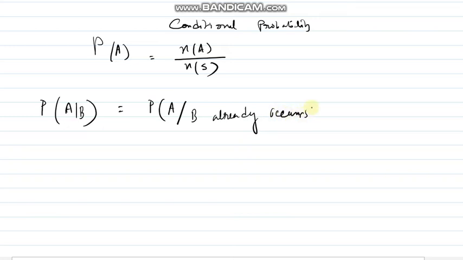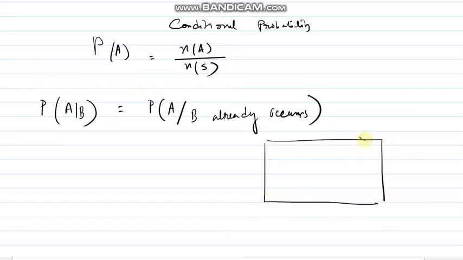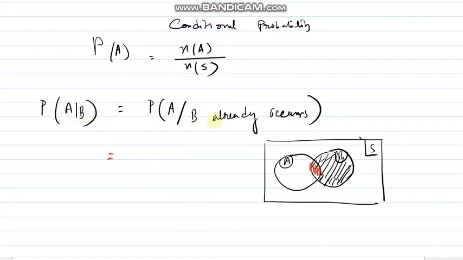So for this, if I draw the Venn diagram, just check. This is my total sample set. Now this is my A set, this is my B set. I want my B already occurred. This is the case where the B set already occurs. Now from there, what is the probability of A? That is, this portion will come out. So the probability of A given B, or the probability of A given that B already occurred, will be the probability of A intersection B. This is the common part.